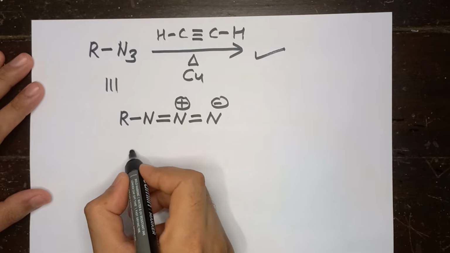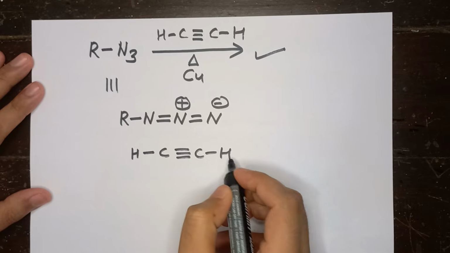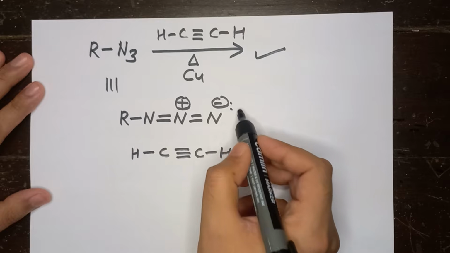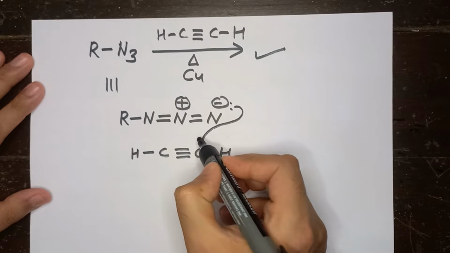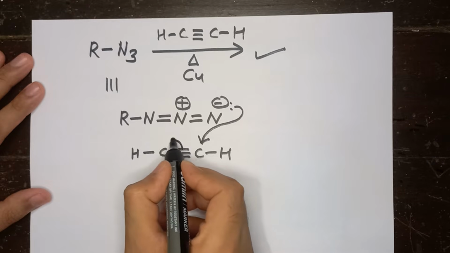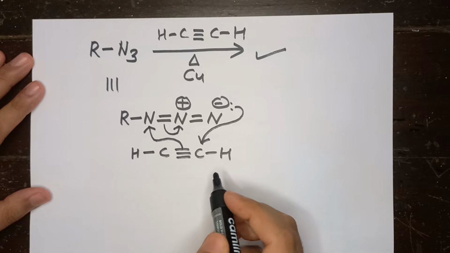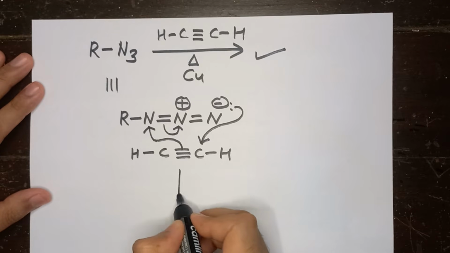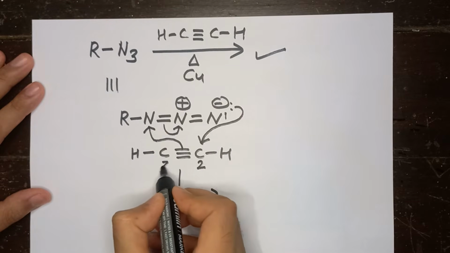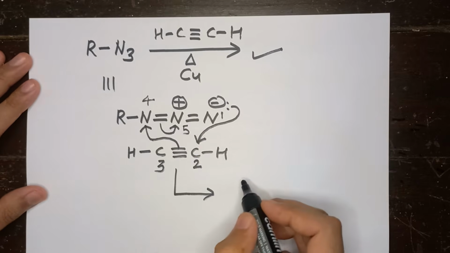So let me bring my alkyne. Now mechanistically, this nitrogen with its lone pair will attack at this carbon. One of the bonds out of these three bonds will be used to attack at this nitrogen, and this nitrogen will get neutralized. So it's more like the arrow pushing mechanism, and you are going to form, let me number them, this is 1, 2, 3. 3 is getting attached to 4, and this is my 5. So the product will look like